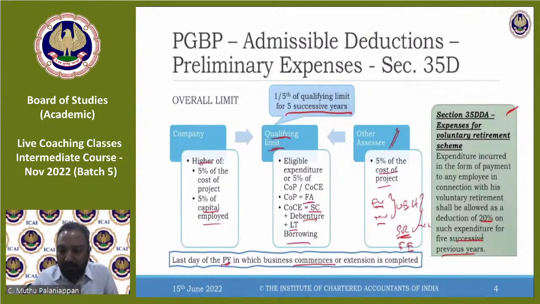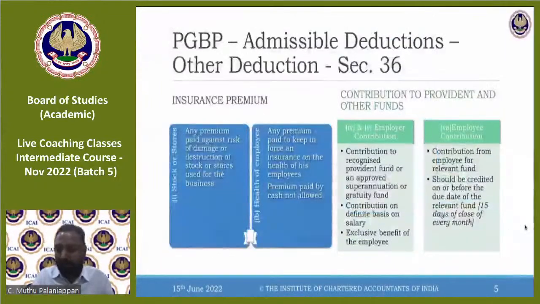Rekha, if there is a loss in the first year of commencement, then is this loss of 20% carried forward? Yeah, the 20% is part of your losses. But it is not like your unabsorbed depreciation or unabsorbed scientific expenditure. If it is carried forward for 8 years, it is only 8 years. If it is 4 years, it is 4 years. I'll not get into the number of years that could be carried forward because it's a separate chapter by itself. For you to understand right now, 20% will be included as part of your expenditure, even if it is a loss. And that loss will be carried forward for the eligible number of years. Okay, so that's about preliminary expenditures and